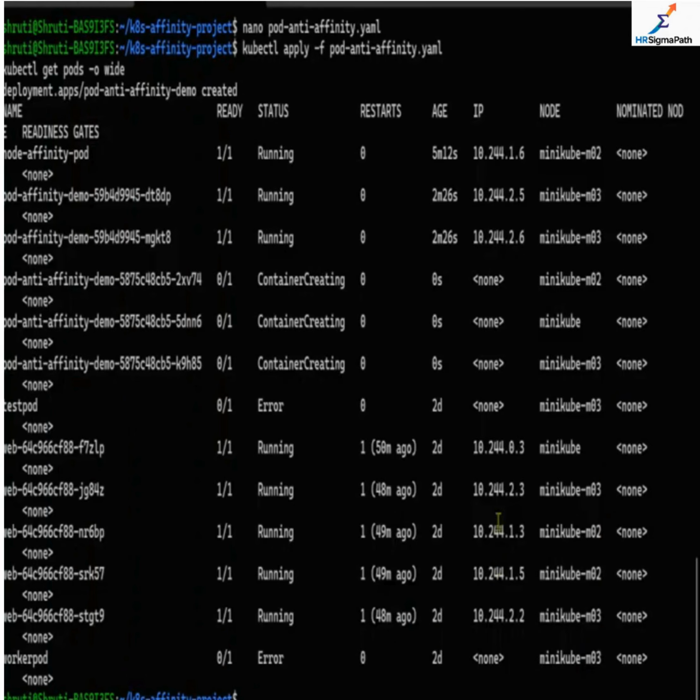Now labels were explained to show how metadata works, then node affinity YAML line by line, and then pod affinity and anti-affinity. So we are not just letting Kubernetes decide randomly; we are guiding the scheduler to place pods in ways that improve performance, reliability, and efficiency. This is a powerful tool for real-world clusters, and now you've seen how to use it live.